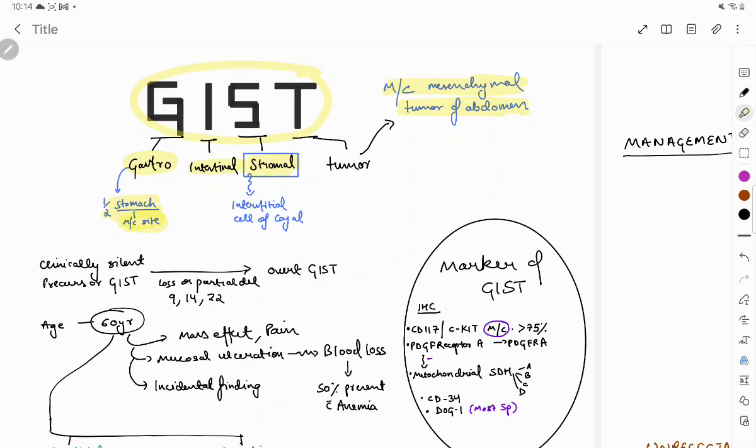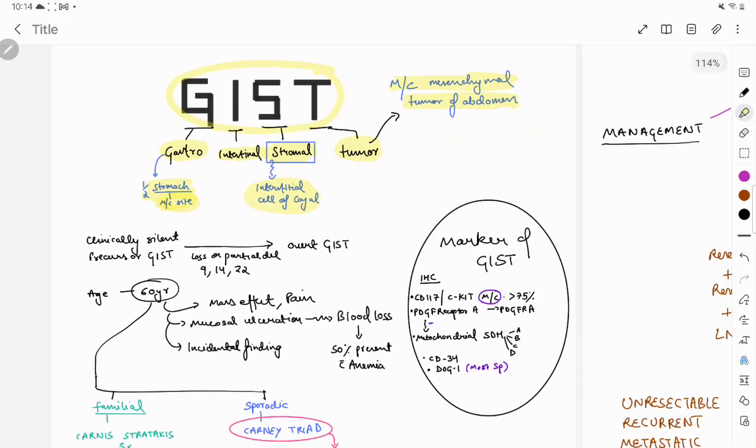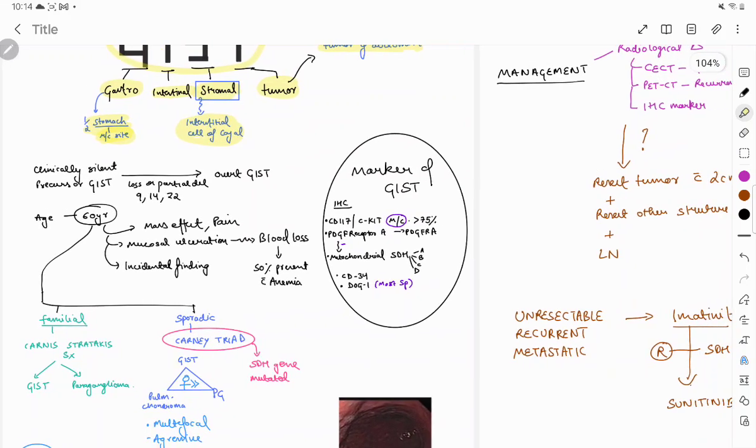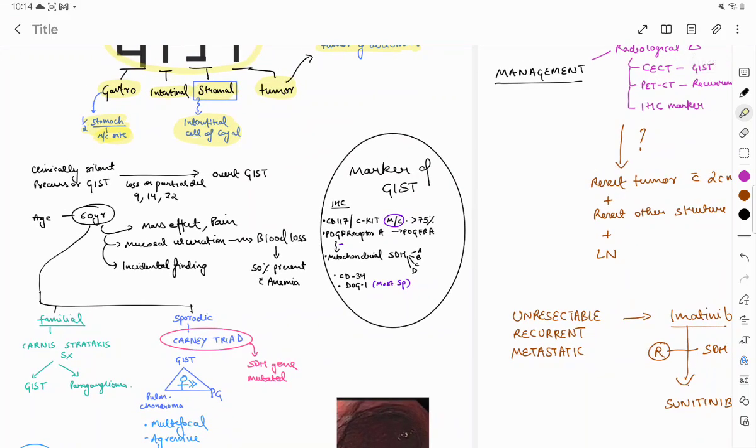The term stromal here is a misnomer because these tumors don't arise from the stroma, they arise from the interstitial cell of Cajal, the pacemaker cell of our GIT. Okay, and this is a mesenchymal tumor that we already know. Now, talking a little bit more about GIST, we need to know that there are a few cases which may be clinically silent or precursor lesions of GIST. On having a loss or partial deletion of chromosome 9, 14, 22,